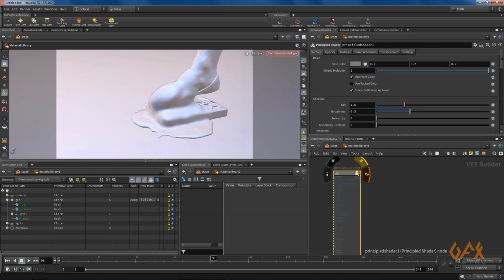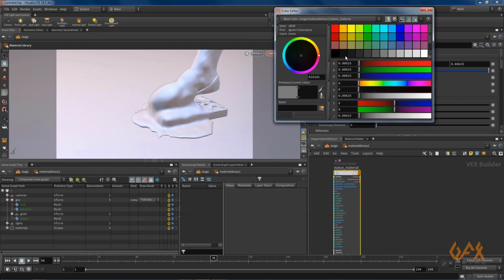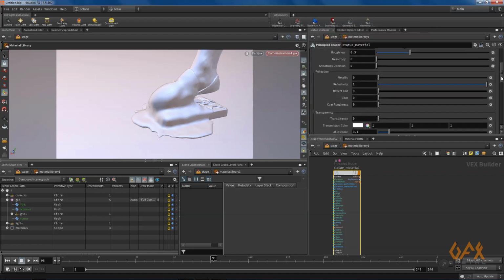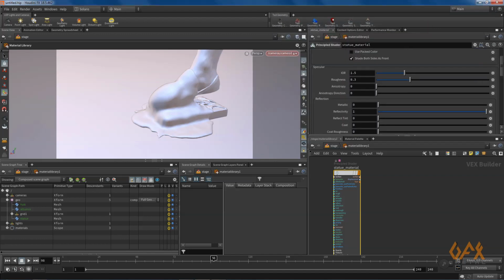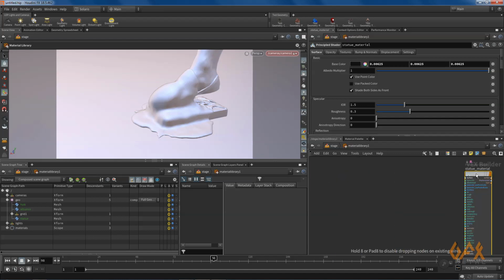This is for my statue as well as for the ground. I set it to maybe black or dark gray color, and that's it for right now.